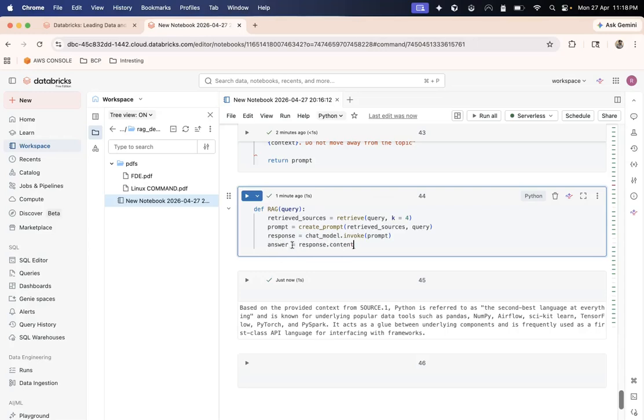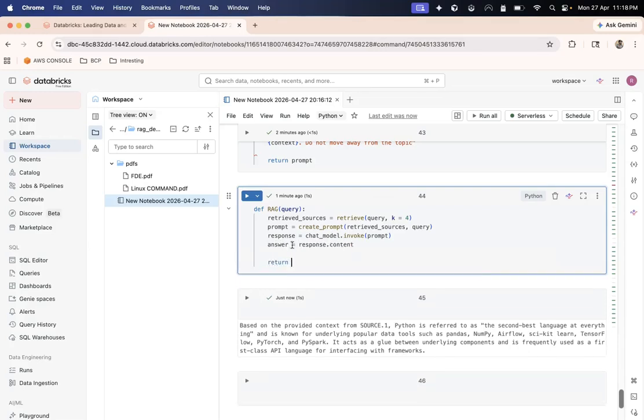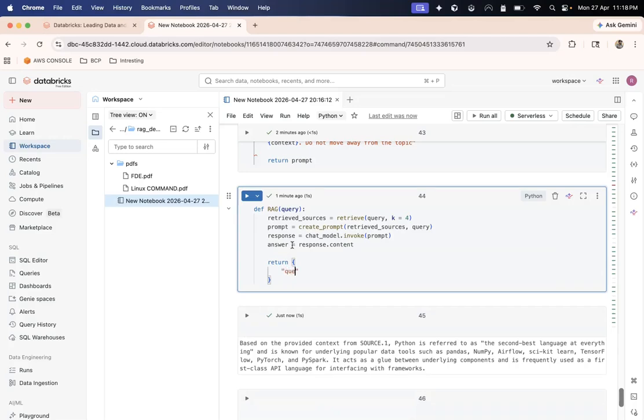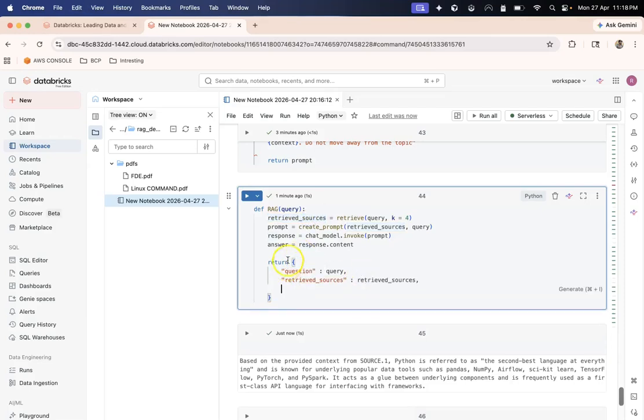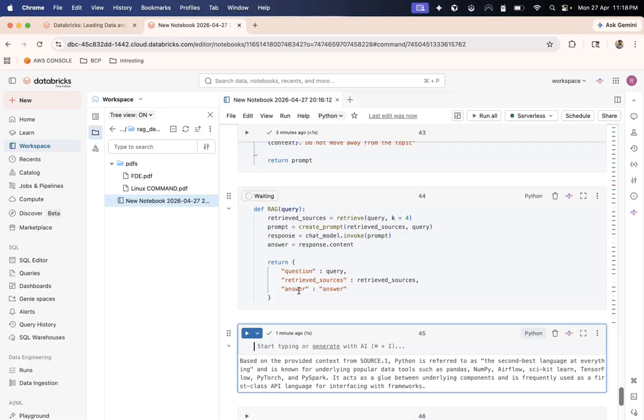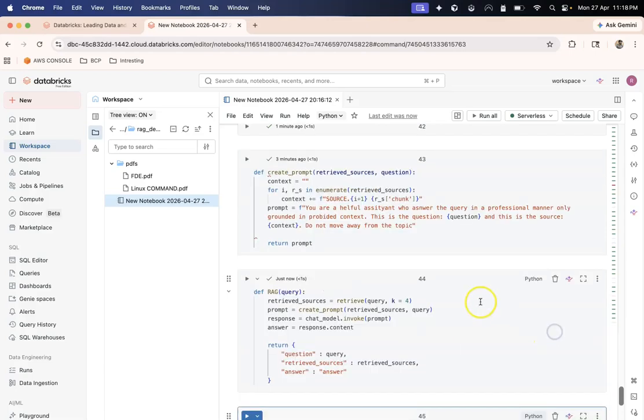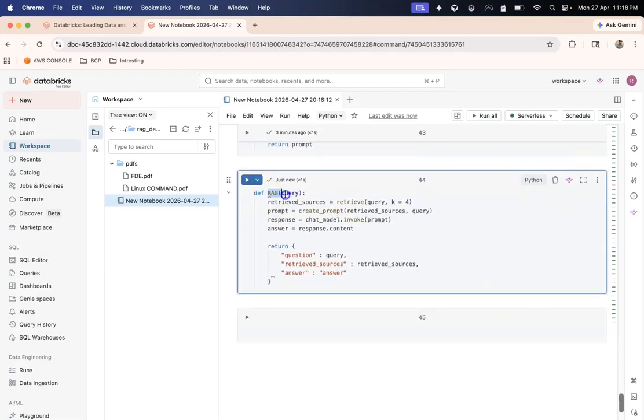I might have to return a full JSON, maybe with the original question. My original question is this query. My retrieved sources are, let me get this. So I'm returning the sources as well. I might have to post process this, and my answer is this. So now we have built the entire RAG pipeline.